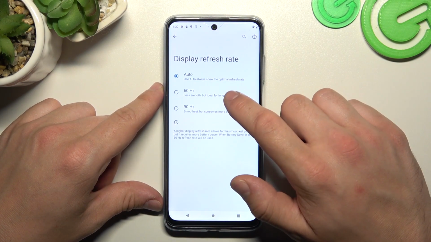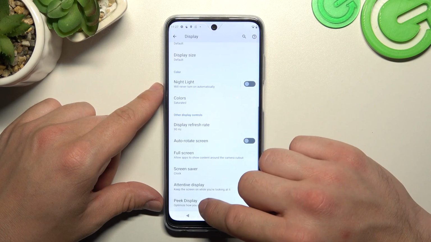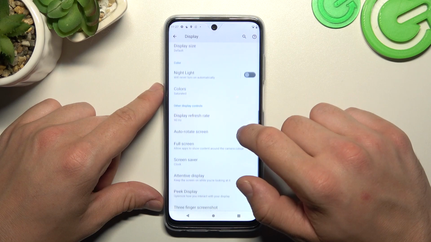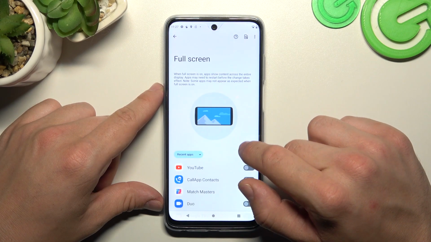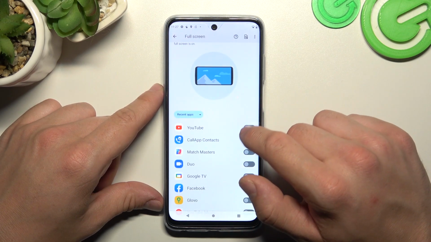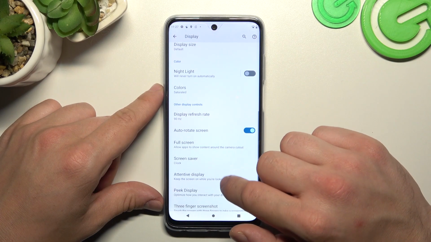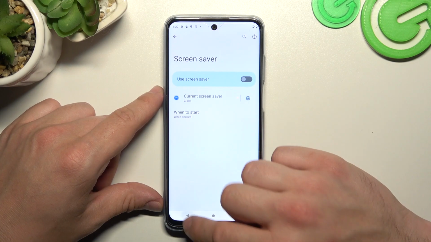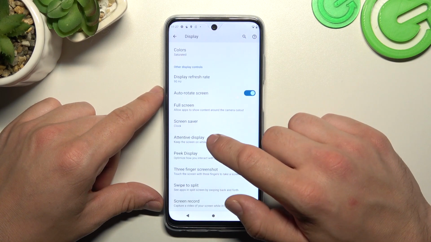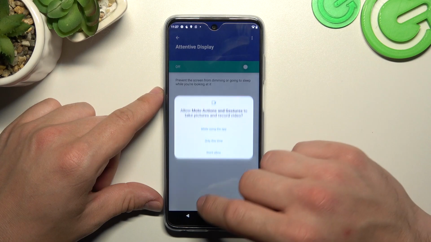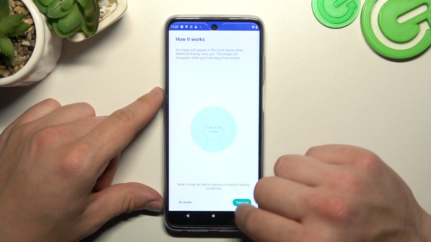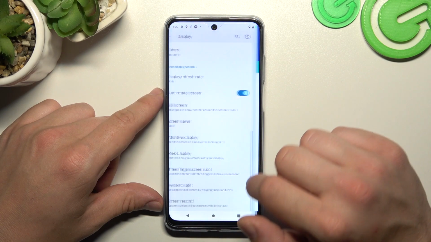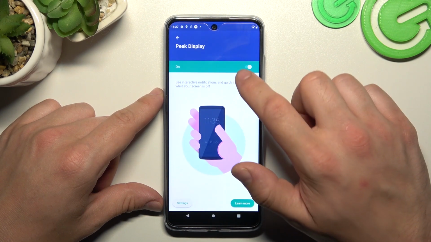change display refresh rate between auto 60 and 90 Hz, enable or disable auto rotate screen, enable or disable full screen mode for apps, set screensaver, enable or disable attentive display, peak display,